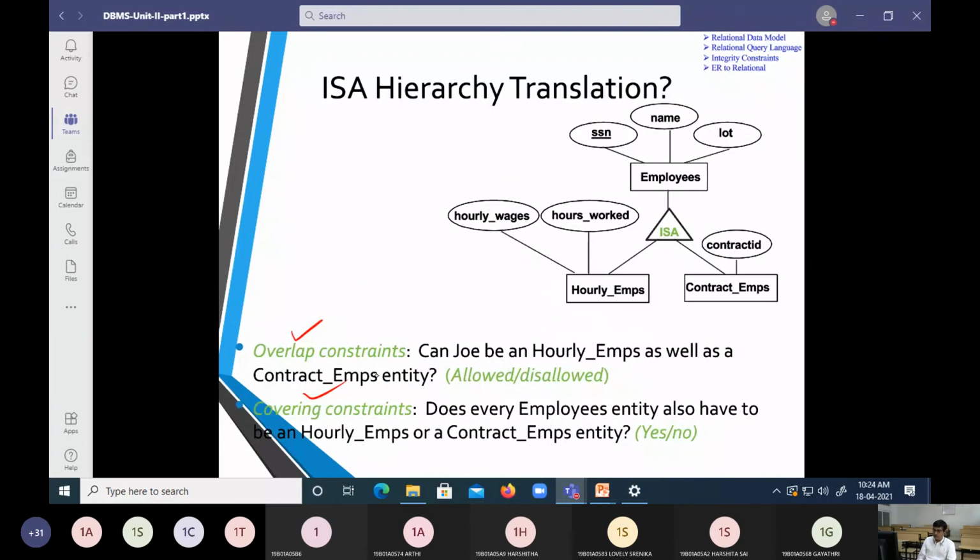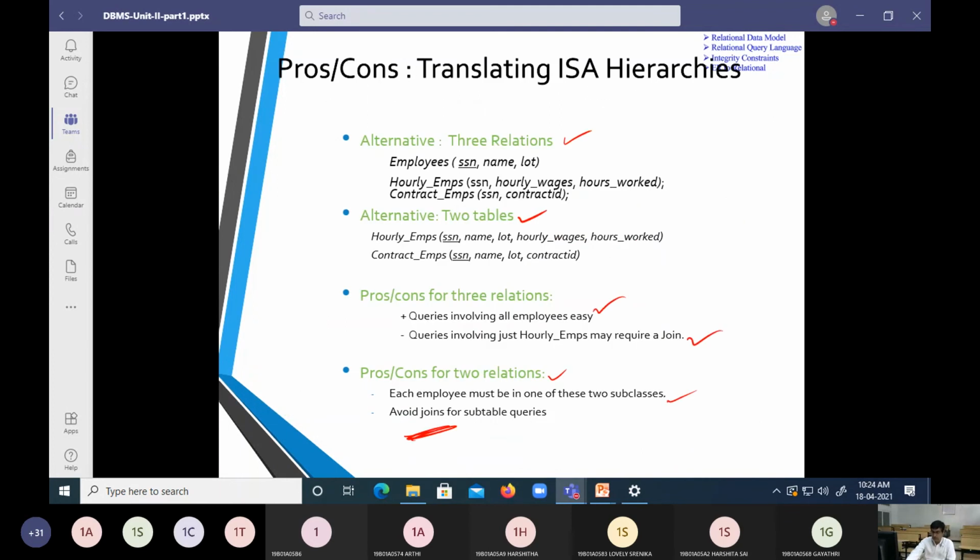Now, what is an overlapping constraint? In an overlapping constraint, hourly work can be with the permanent employee and hourly work can be with the contract employee.